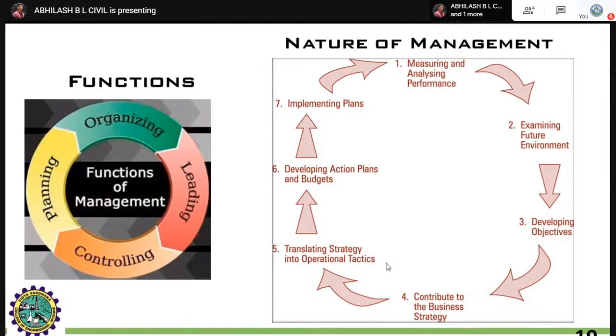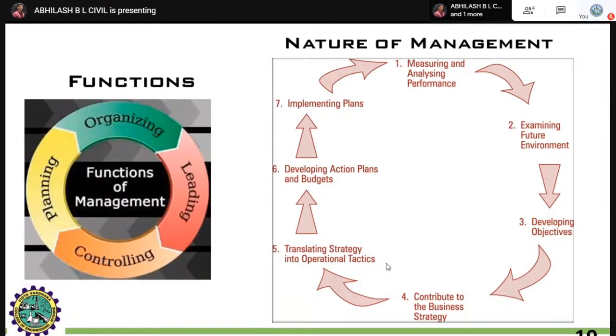Coming to the next, examining the future environment, right? For example, in 3 days you will be completed with the formwork, and on the fourth day you are planning for laying a complete roof of around 100 square meter area, right? You are not aware of the Indian Meteorological Department forecast. There might be a weather condition like that, and on that particular day it might rain. Similarly, examining the future environment based on different smart technologies, you can observe the weather conditions and later plan according to the particular weather. That is how examining the future environment takes place.